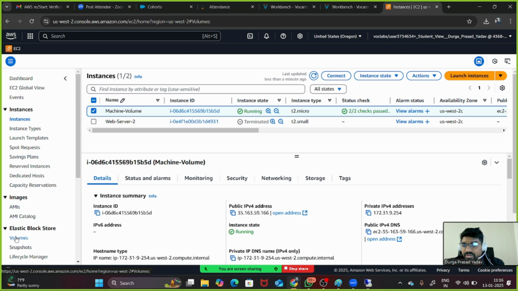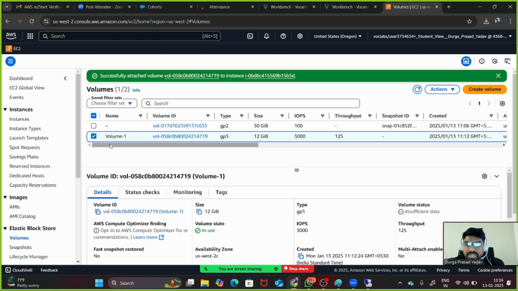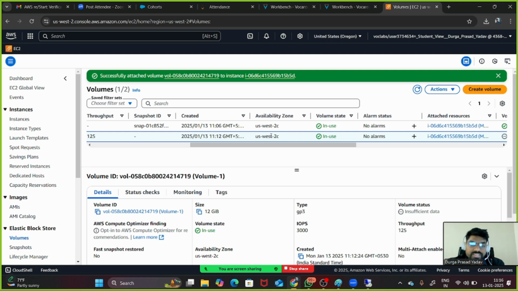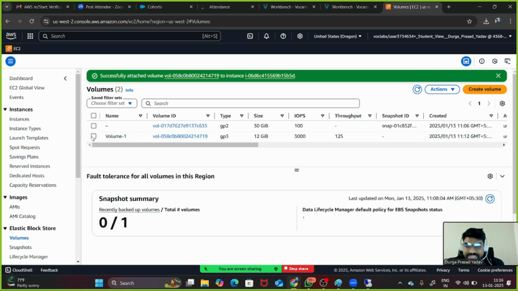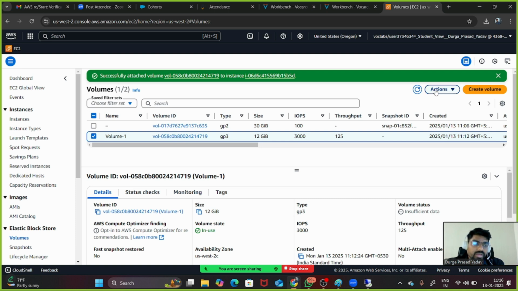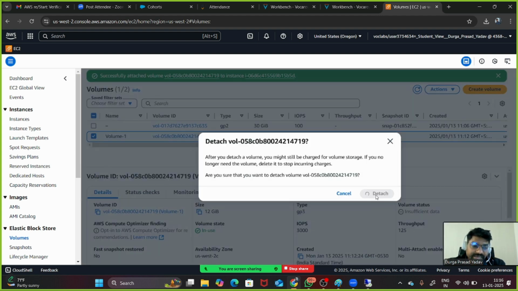I have created this 12 GB volume in US West 2C. Once you have created the volume, select it and click on Actions, and here you can see the option called Attach Volume. Let's say I detach this volume now. Detach. I have detached it. Now if I need to attach it again, I select it, click on Actions,